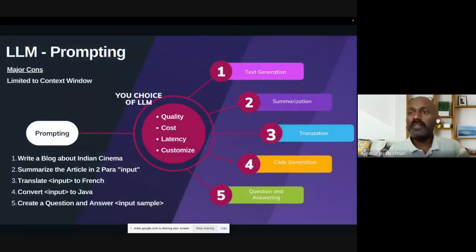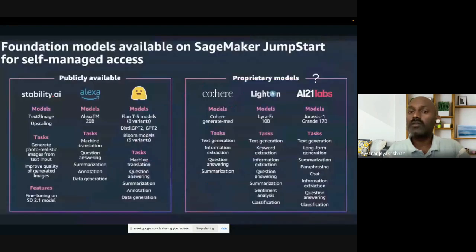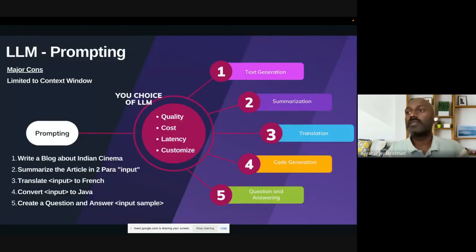Before going there, any questions on this information? What is public, what is proprietary inside the public, what is open, what is closed? Okay, thank you. I'll go to the next one.